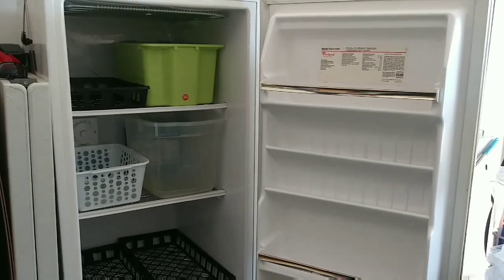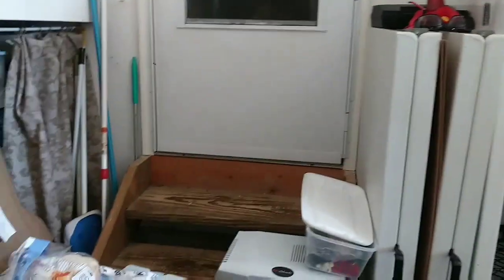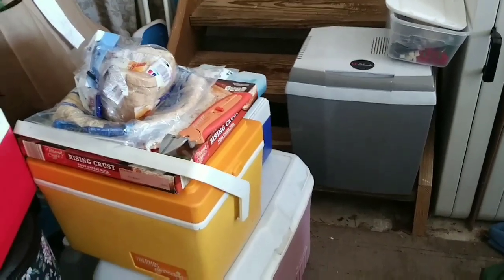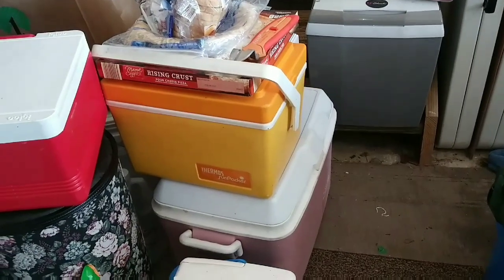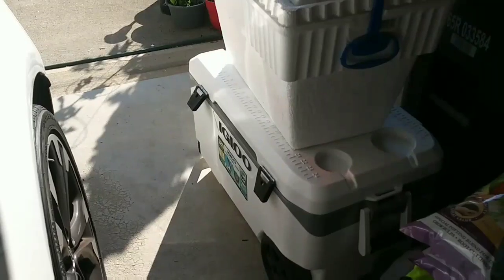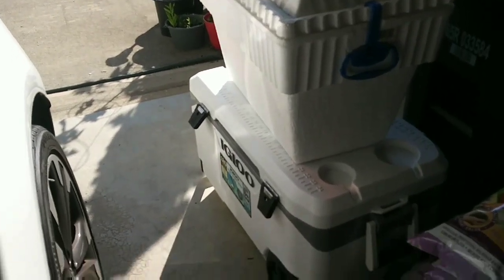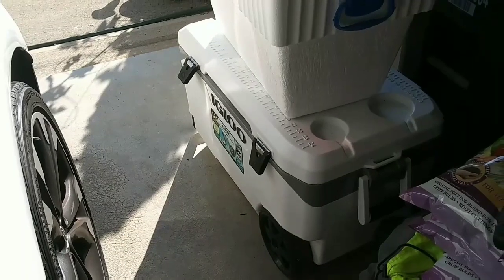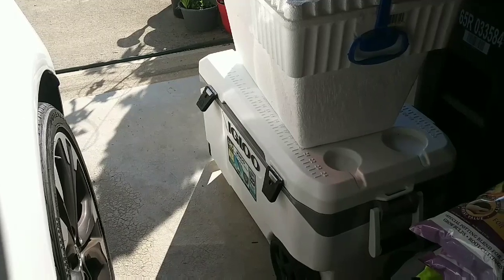And these are all my coolers that I have my food stored in for now. And they're all full. And then I have these two that are all full. So I have a lot of food to put back, and I need to get it put back before it all thaws on me. So I'll be back later and show you